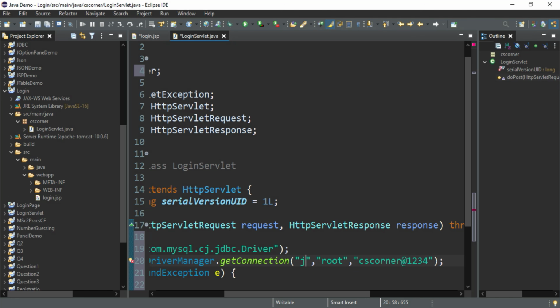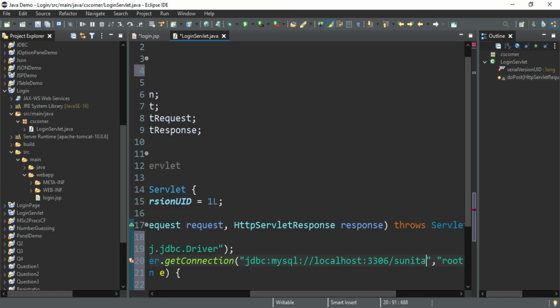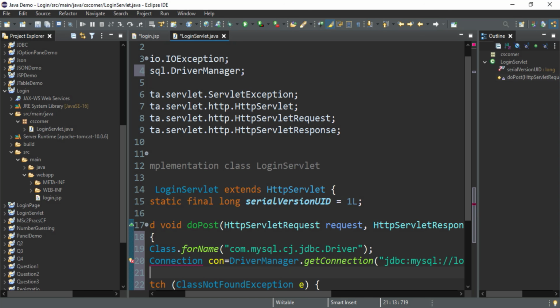So my protocol name is jdbc:mysql://localhost:3306, nothing but your port number, / your database name. So my database name is Sunita, so I'm writing Sunita over here. So my connection is done.